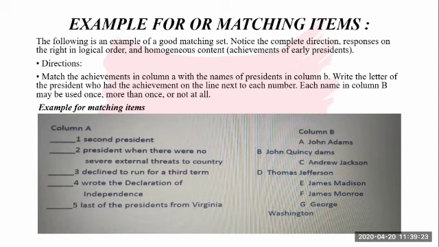Last, matching items should be formatted to avoid page flipping. Make sure all premises and responses for a matching item are on a single page, as page turning by students is potentially troublesome. It will also decrease the likelihood that students will overlook correct answers just because they were on the other page. For example, for matching items,